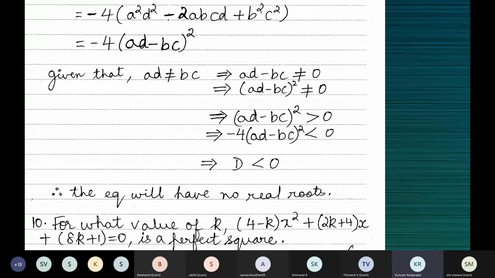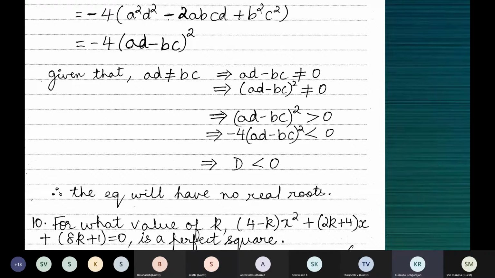Should you prove that D is 0, or should you work with the condition D is equal to 0? Take the condition, ma'am. Okay, let me put that question again. Should we prove that D is equal to 0, or should we work with the condition D is equal to 0? Work with the condition. Yeah, we need to work with this condition, D is equal to 0.